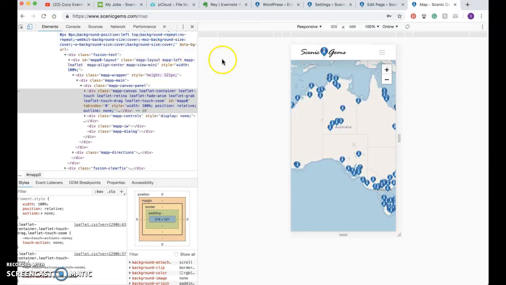There we go. Okay, so I've got it set to 320 by 568. That's what I consider to be the minimum screen size at the moment for most modern phones that don't have a Retina display, the base model phones. So at that level,